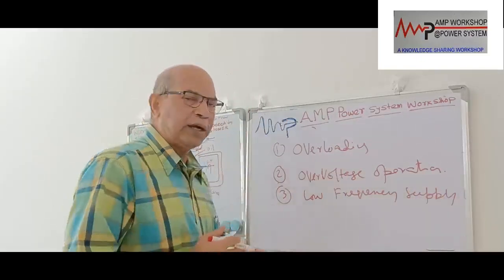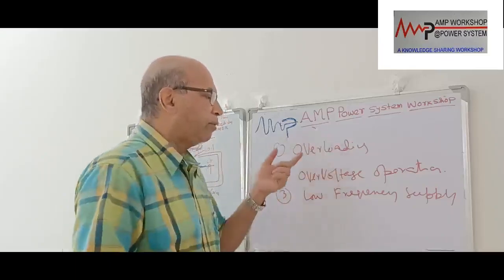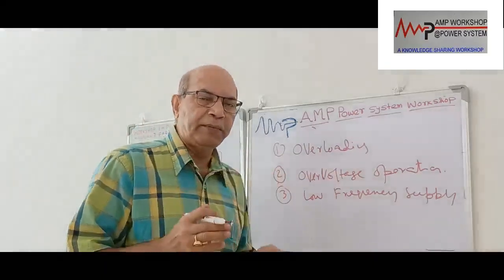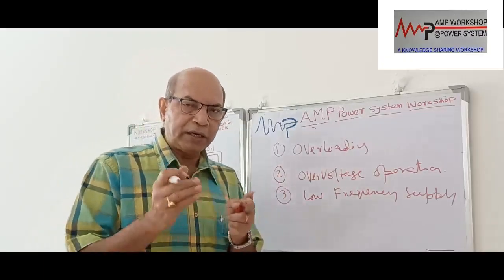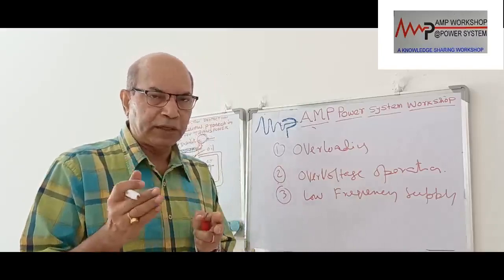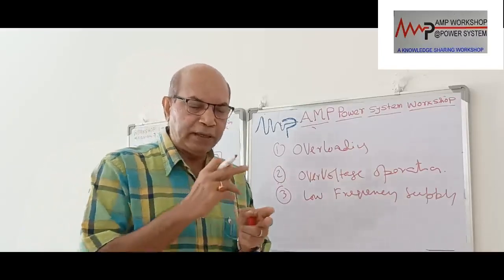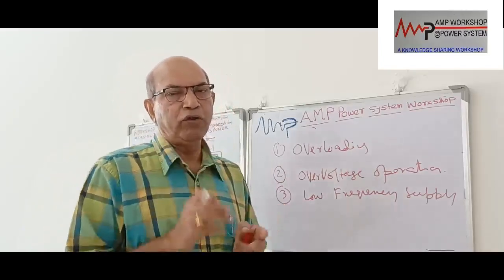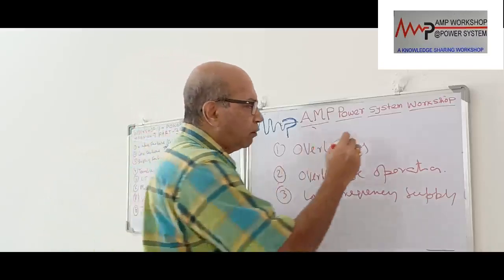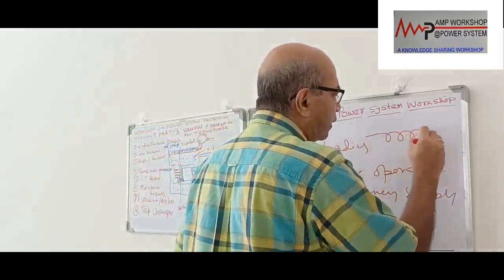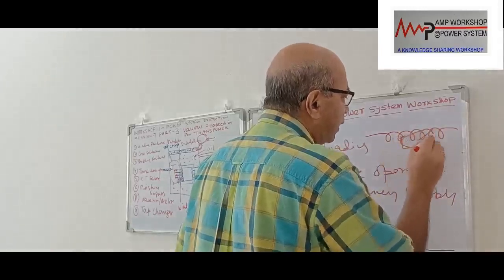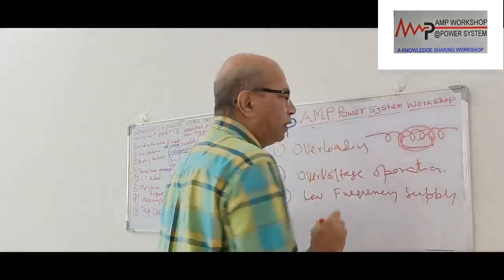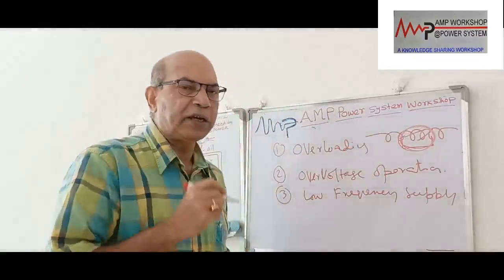In addition to that, suppose the transformer winding fails. Ultimately, winding failure can be converted to two types. Either an interturn fault can be there, that is one of the chances. If the interturn winding fails, then the same phase part of the winding will be shorted. Suppose this is one of the phases and this is the winding turns, and this part is getting shorted, so immediately the local circulating current will be here. That is called an incipient fault in an interturn fault.